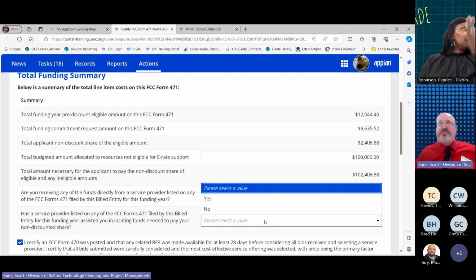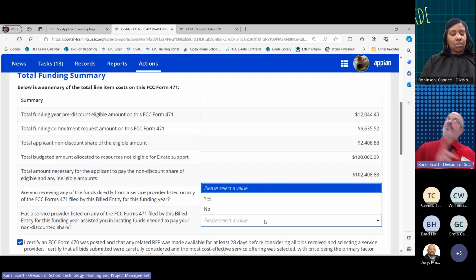I will highly recommend you stay away from that scenario as well, because there was an example way back in the just post MCI days where they had like the WorldCom Foundation, and MCI was a provider, and then they would direct districts to the MCI Foundation for funding to help cover the non-discounted cost.